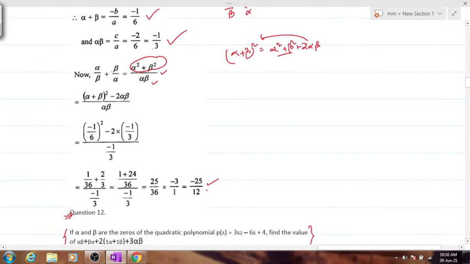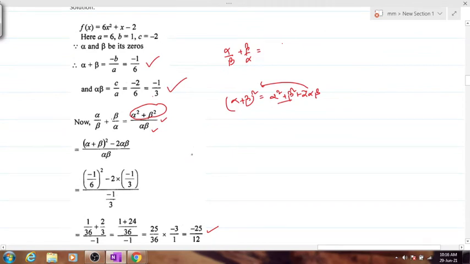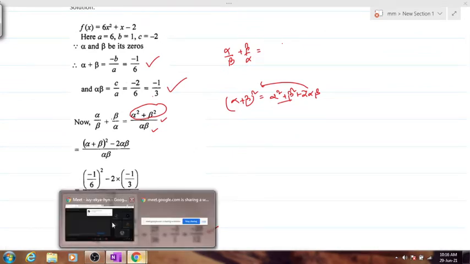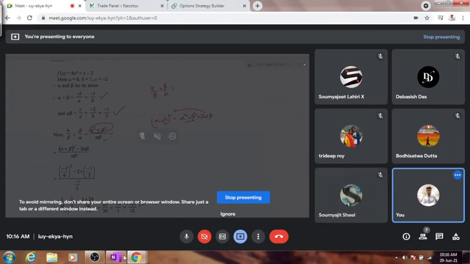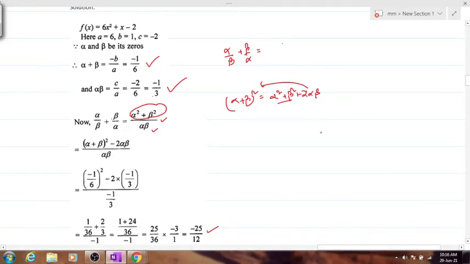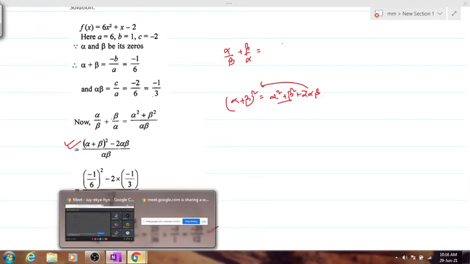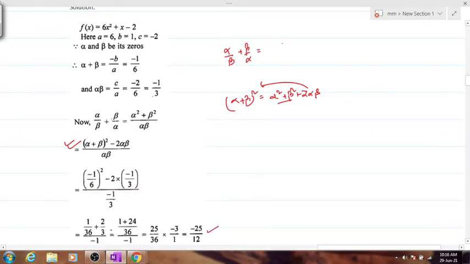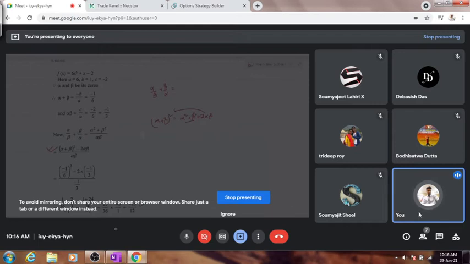Is it clear? Kindly confirm everyone. Is the numerical clear to you all? Kindly copy it down. I'll wait for the time being. This is the most important thing out here. If you don't know this, then calculation of this will become a bit difficult for you. So you'll have to know this formula. After this, it's no issue. You just substitute the values and get the answer. Is this numerical clear to everyone? Please confirm yes or no.